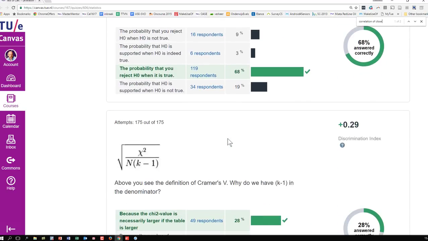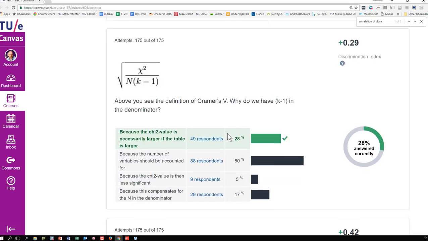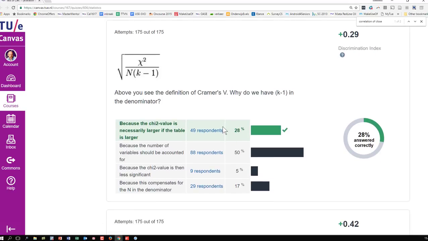The alpha question was easy. This one we already briefly talked about with a couple of people over here. So the question is, you see the definition here of Cramér's V, the effect size in a chi-squared analysis. Why do we have that k minus 1 in the denominator of that fraction? And there is a sort of a typo in the answer here, because this one is correct, but not completely,